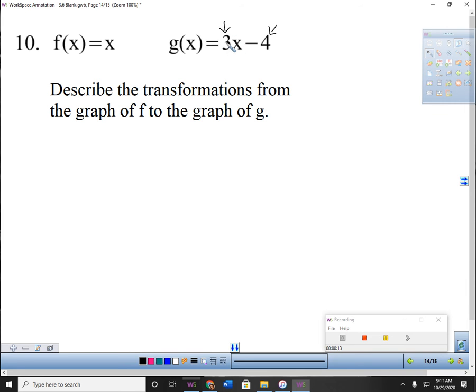So if I'm multiplying just the x, remember if I was multiplying the whole thing, it would look like this. All right, I'm multiplying this 3 times just the x value. So when I multiply times just the x, is that going to be a horizontal something or a vertical something? Horizontal. So I have a horizontal. Stretch or shrink? Shrink, because we're going to think backwards, right? 3 makes us want to say stretch, but since it's horizontal, we got to do the opposite. So this would be a shrink